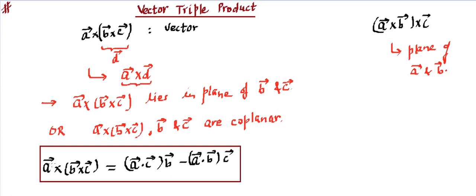Whereas if we perform the left hand side calculation, then you'll find what we need to do. First we need to go for the cross product of B and C by using the determinant or another method, and then whatever vector comes out has to be again multiplied in a vector fashion with the vector A. Then whatever ultimately comes out will become the result, and that result is exactly equal to this. Okay, so that's an important identity.